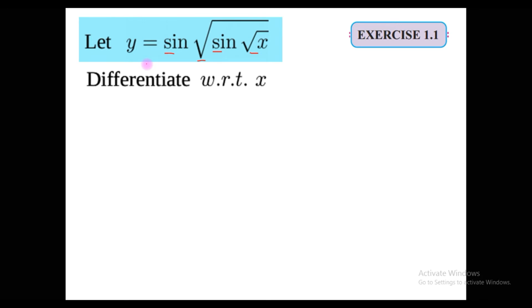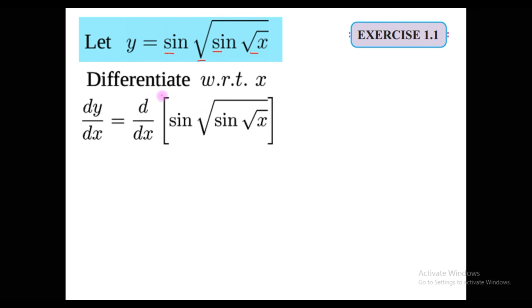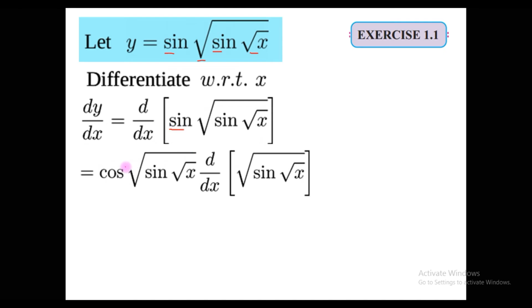Okay. Now let's complete this formality first. Differentiate with respect to x, dy by dx is equal to d by dx of sine, and this remaining term as it is. Now first we should find the derivative of sine. It is cos, and remaining part as it is I have written. This part is as it is. But we should not forget to multiply this term by derivative of inner part. Inner part is root of sine of root x.